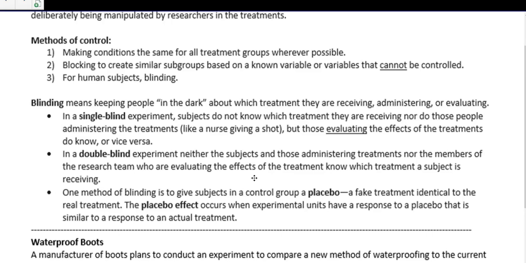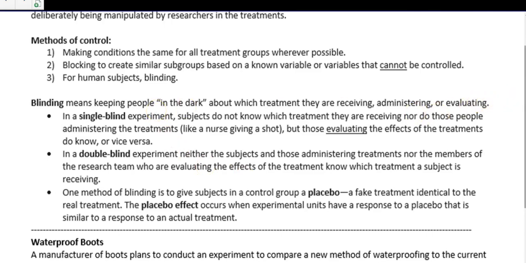So it is absolutely possible to design a double-blind experiment with a behind-the-scenes person setting it all up and knowing what's going on, but passing out the treatments in a way so that nobody else does. So just wanted to let you know that is a possible thing. It might not seem possible, but it is possible.